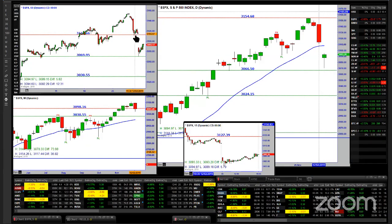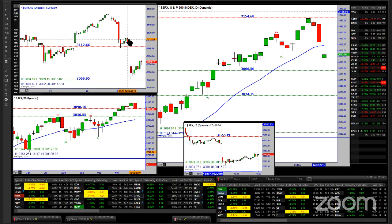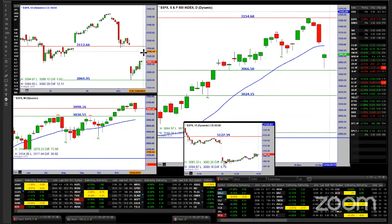We'll see, because this unfilled gap and this little congestion area right there on the hourly chart is where sellers should want to show up and hold that area. Ideally, it wouldn't even get up quite to there, make a double top, M type of a top. Prior to that, we'll look at the futures and see where they're at relative to this congestion area on them. And so down below,